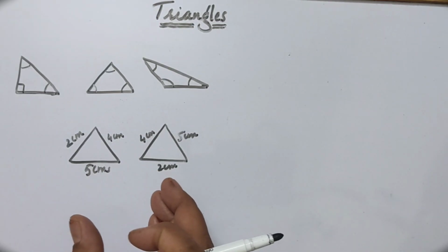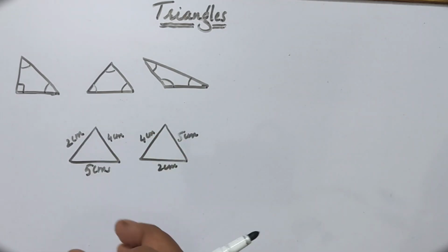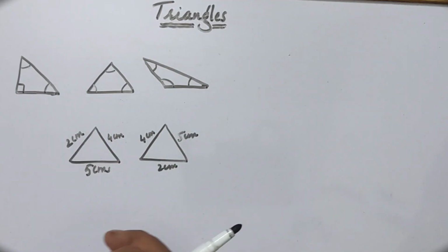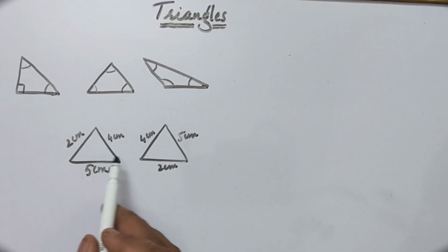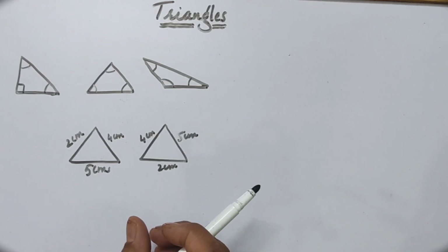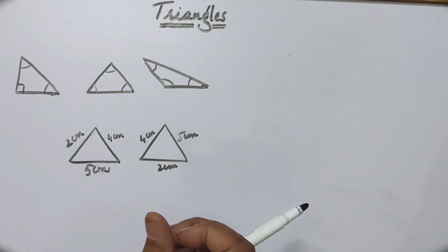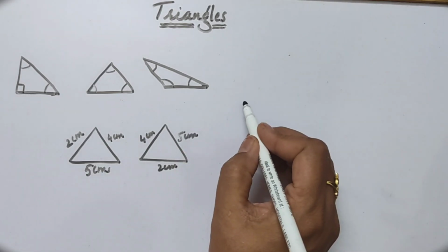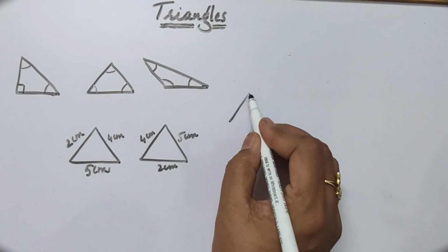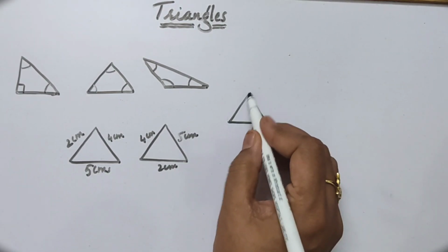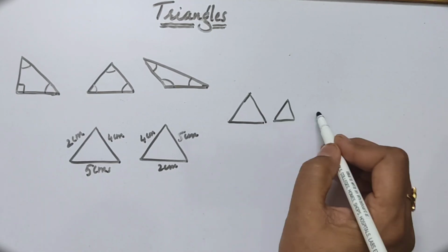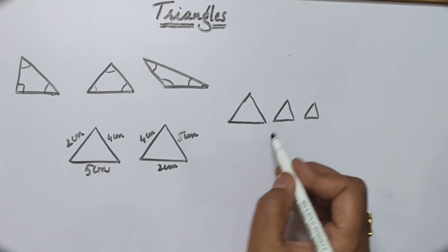So you have learned congruency in detail in your previous classes. They have the same shape and same size as well. In this chapter, we shall study the figures which have the same shape. Now I have got a triangle, okay? Triangle, okay, this is also a triangle and this is also a triangle, right?